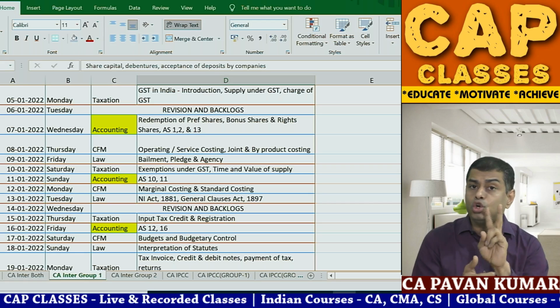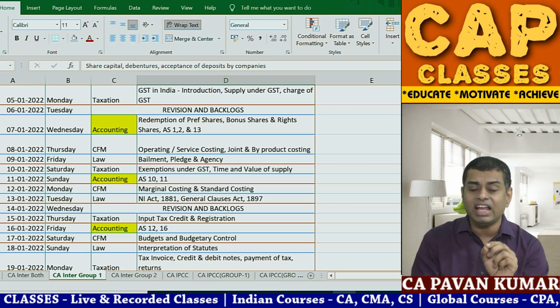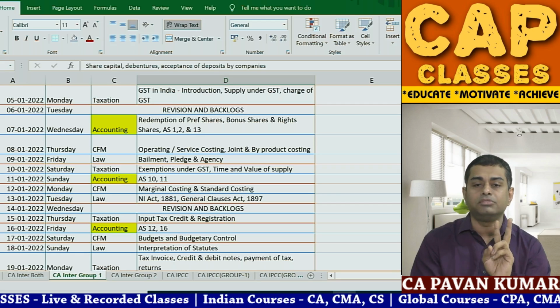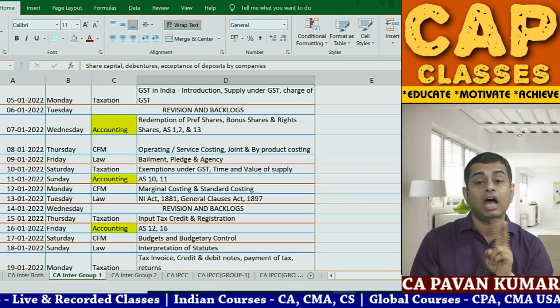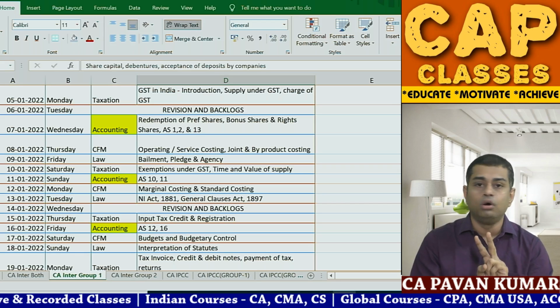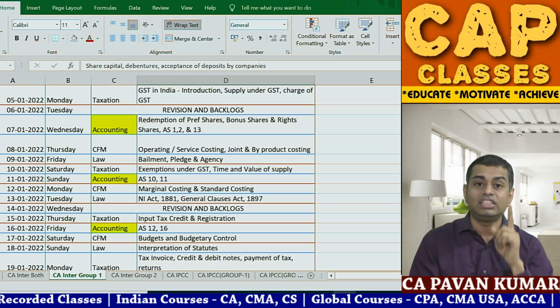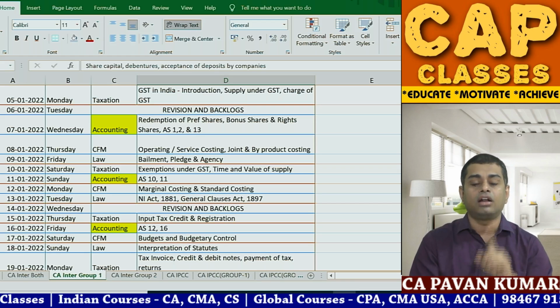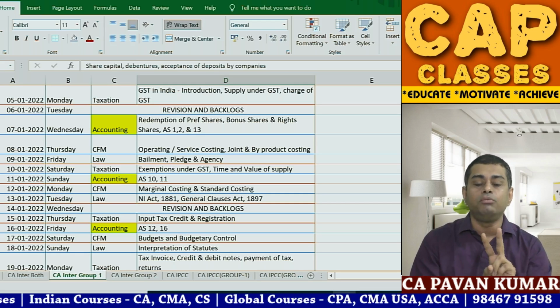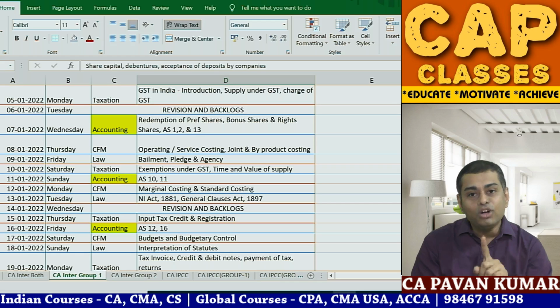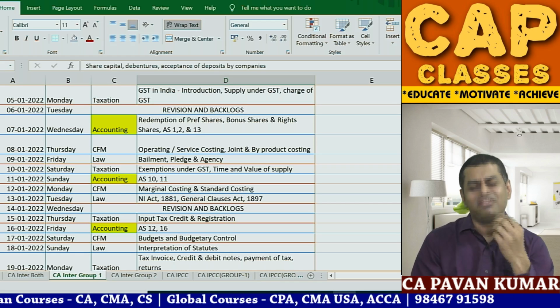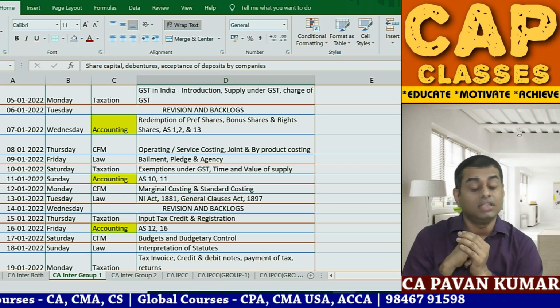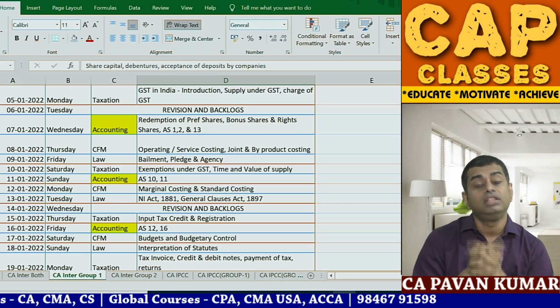There are no two outcomes. When you write the exam, there shouldn't be two outcomes. Not 'Pavan sir, outcome 1 I will pass, outcome 2 I will fail.' No. My attitude is outcome 1 I will pass, outcome 2 I will definitely pass. Or outcome 1 I will definitely pass, outcome 2 I'll definitely get a rank. Outcome 1 I'll get a rank, outcome 2 I'll definitely get a rank. That should be the attitude.